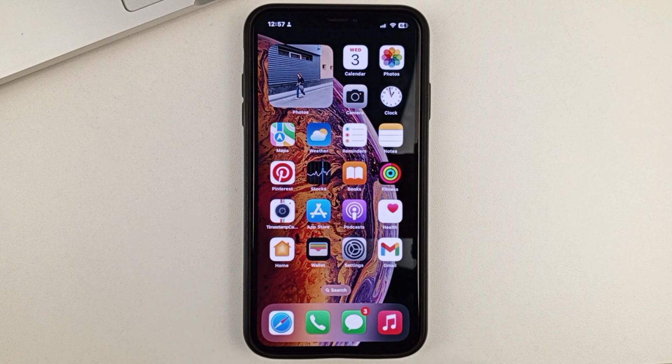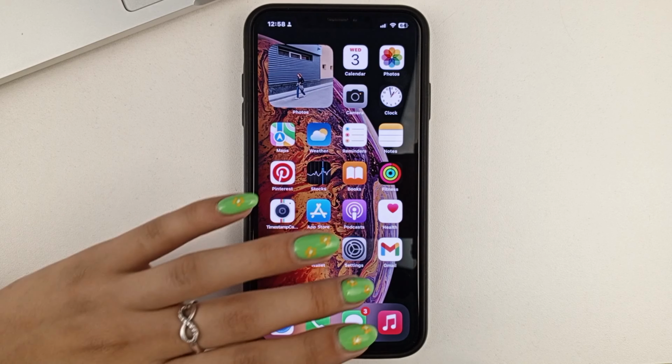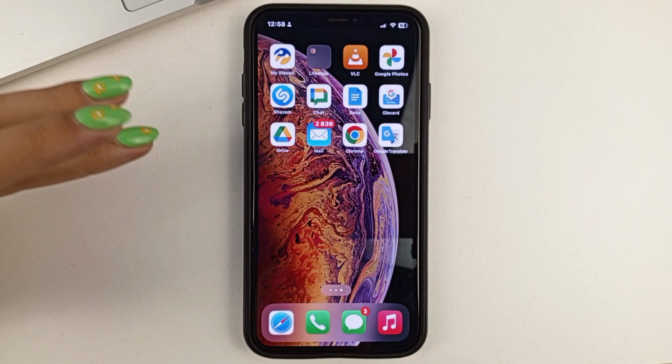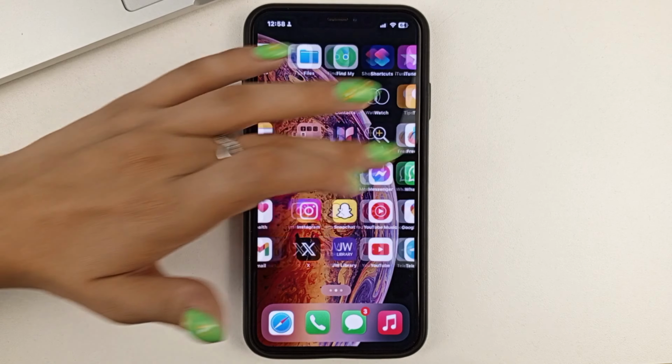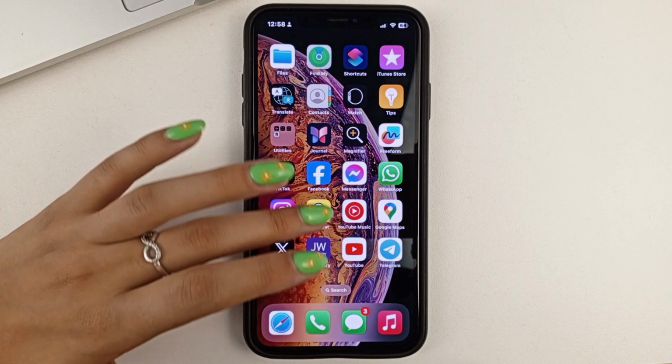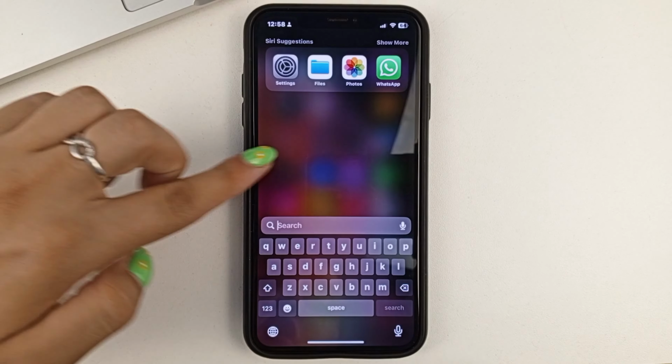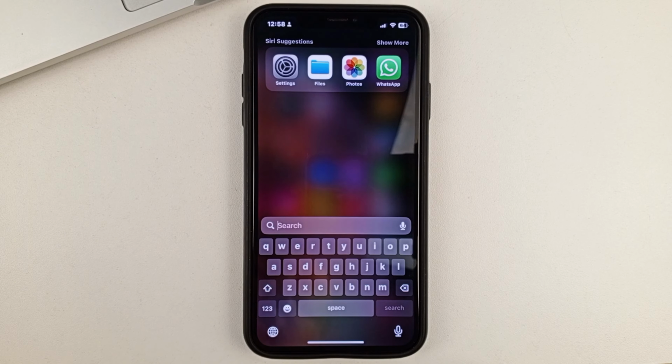And after that, you will not be able to find this app on your iPhone. It may take some time, don't worry, this app will definitely disappear. And if you try to find it, let's say, on any of the screens, or if you try to find it through the search bar, unfortunately, you will not be able to do so because this application is disabled.